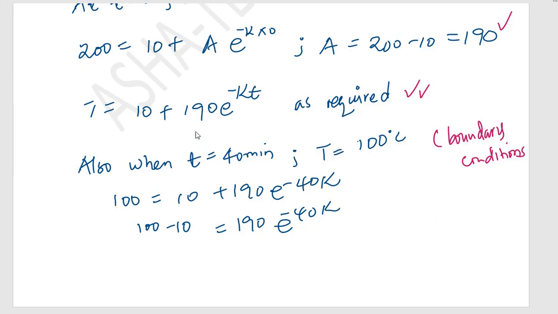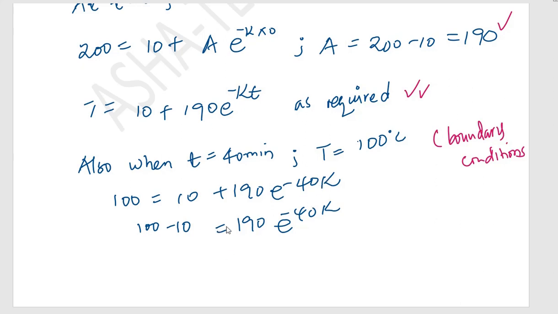So if we substitute it in this expression of T at any time t minutes, then it will be 100 equals 10 plus 190 exponential of negative k times the value of t, which is time,